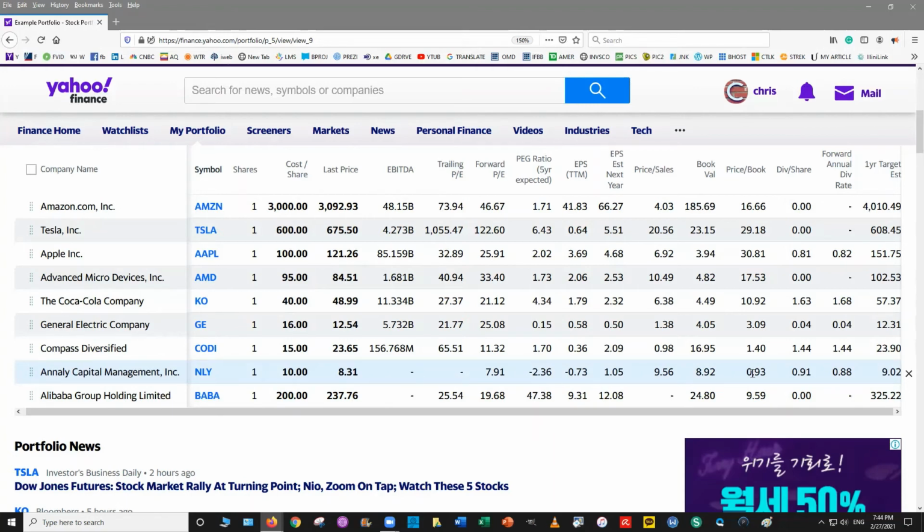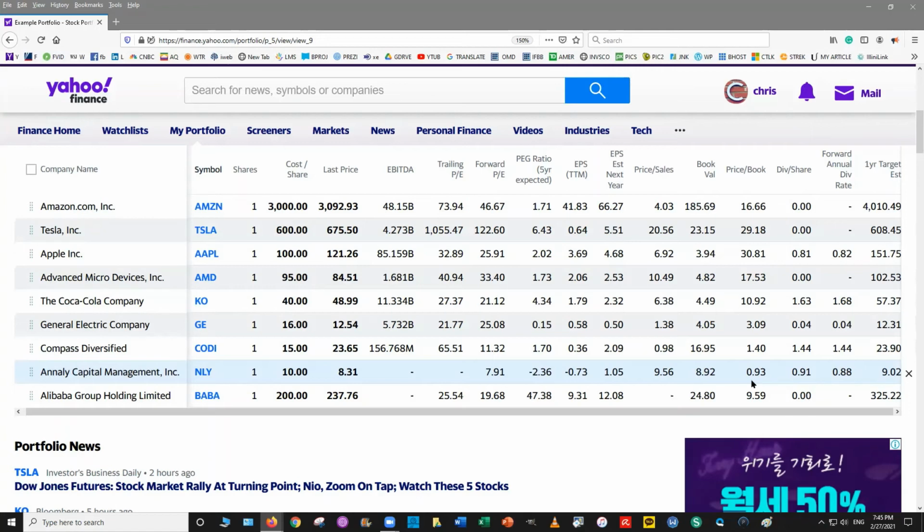So they sell off everything. I have my share price at $8.31, and they go, hey, we got $8.31 left over. We're going to give it to you because we went bankrupt, but we want to help you out because you bought our shares, right? So the book value just means if they liquidated everything off, what would be left over? And then you have to divide that out by basically what kind of price the share is. That's why you see this one under 1. So lower would be better.